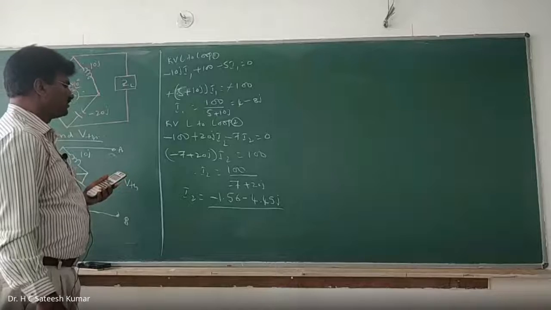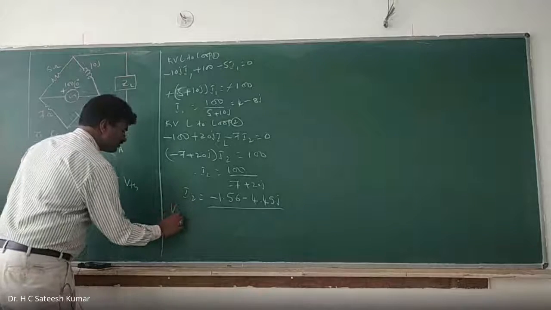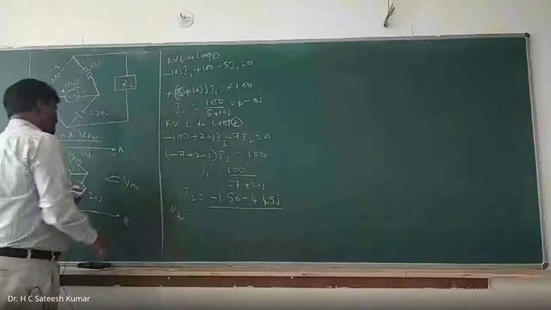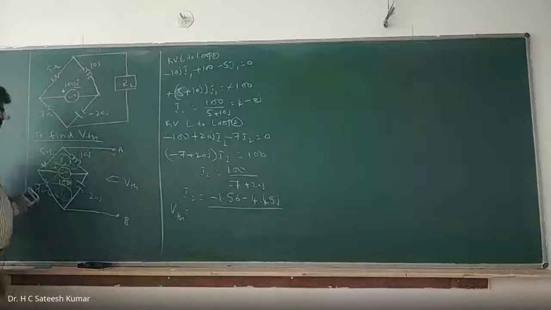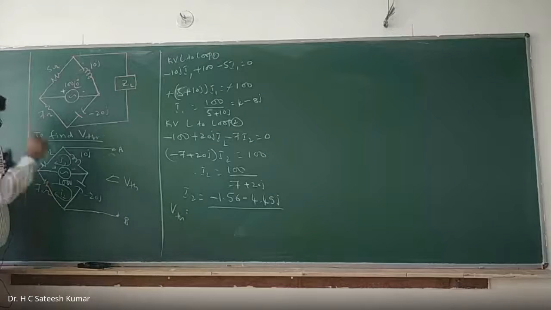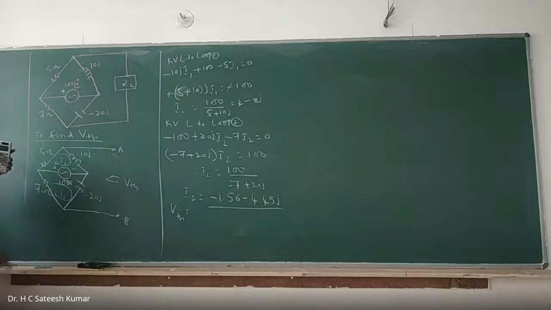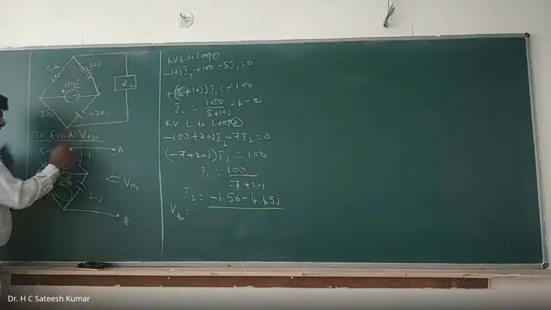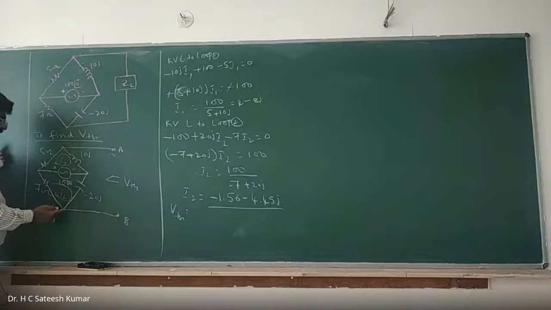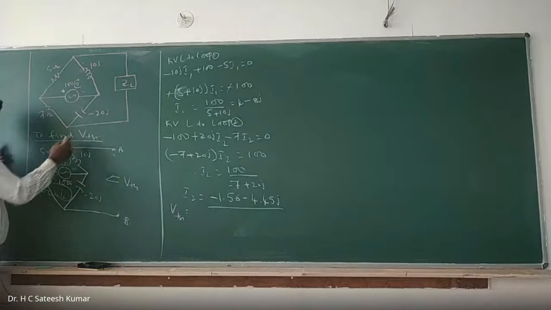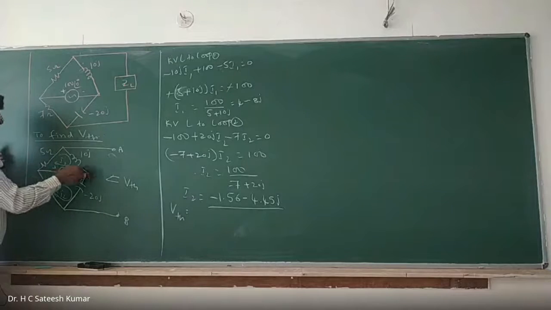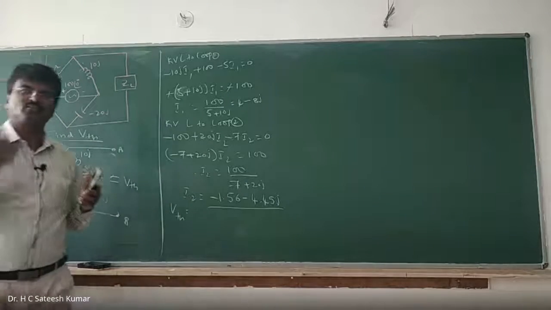And next, VTH. VTH is equal to what? If you want to find the VTH, we have to go from B to A in any path. In the earlier case, as there was a current source, we couldn't go. Here we have 4 paths. One is this one. We can go this way, minus 20j, minus 10j. Next one is minus 20j, 100, and this one we can go. Or you can go this way, or you can go by 7, this way. Anything you do, all of them you will get the same answer.